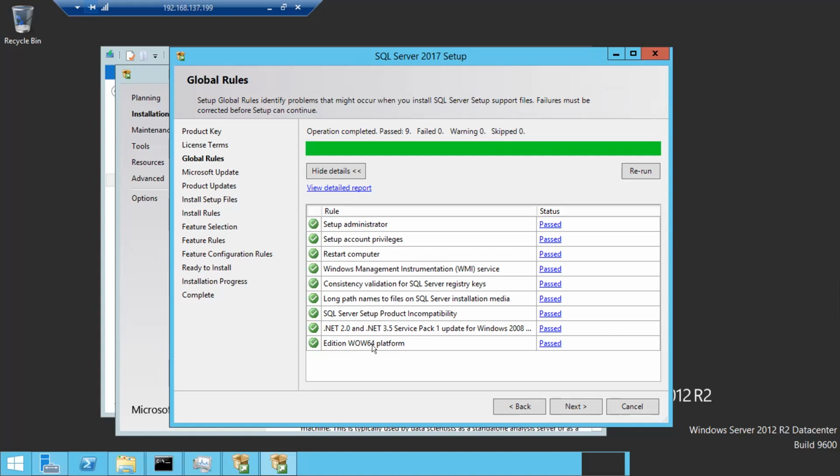WOW platform, WOW64. If you want to know all these things, you have to Google it. What this check will do, what other checks will do, just Google it and you will come to know. Generally, no need to concentrate on these things. You just have to make sure these checks are passed. Next,